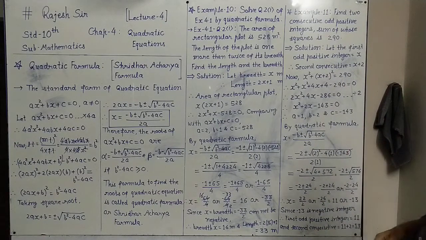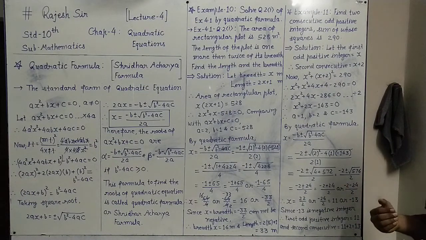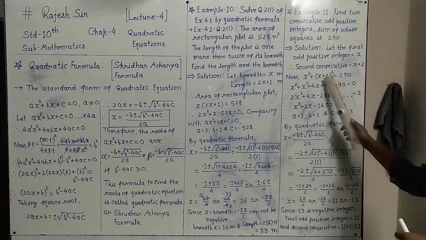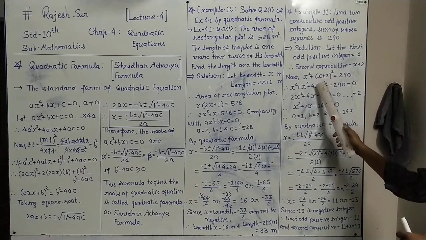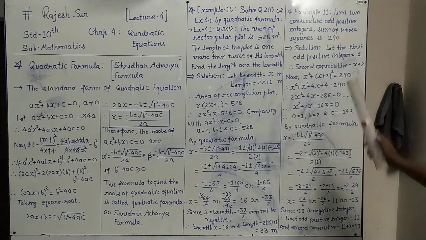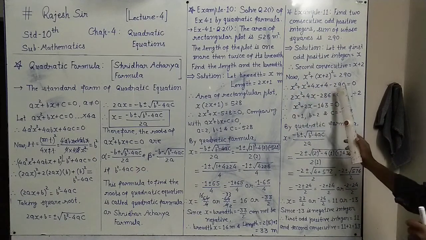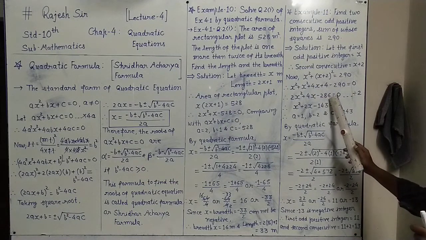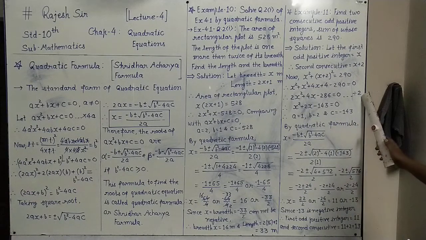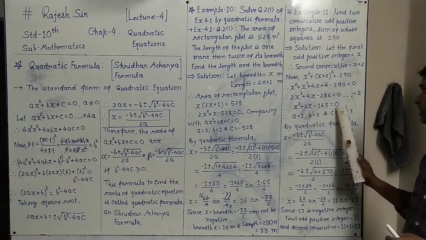Now to simplify, x square as it is, and x plus 2 whole square is expanded by the formula (a plus b) whole square equals a square plus 2ab plus b square. So x square plus 2 into 2 is 4, 4x, plus 2 square is 4, and this 290 is taken to the left, minus 290 equals 0. Now simplify this: x square and x square, 2x square plus 4x as it is, minus 290 and plus 4 gives minus 286 equals 0. The whole equation is divisible by 2, so dividing by 2, the simplified form is x square plus 2x minus 143 equals 0.